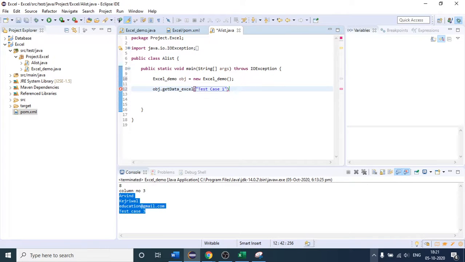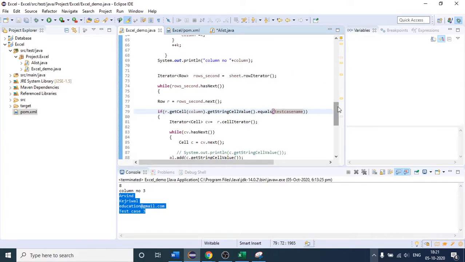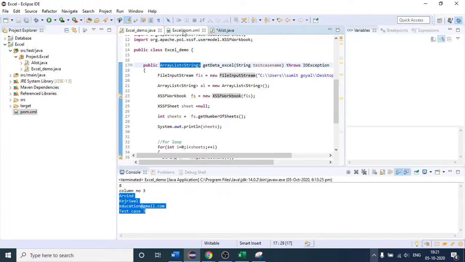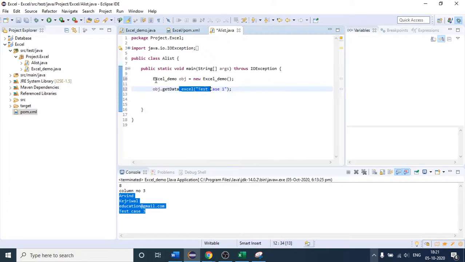Once this method executes, it will return one array list which is of type string, because this is the return type. If you have to catch the array list here, you have to again write a list, you can provide any name, and once you get the list of data, evaluate the list of data.